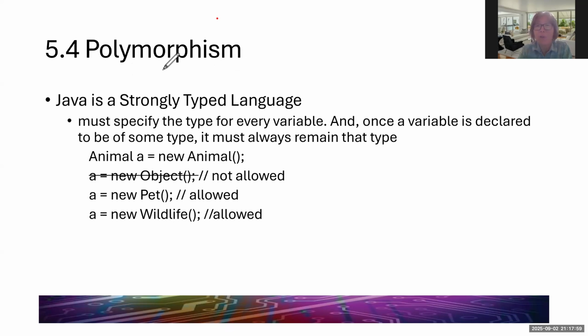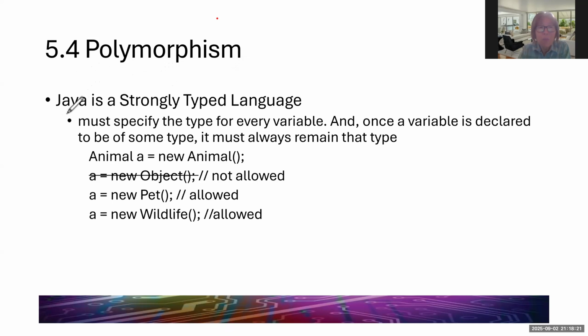Polymorphism is also one of the couple important features for object-oriented programming. And then in this section, we will discuss more about polymorphism. Before we start that,